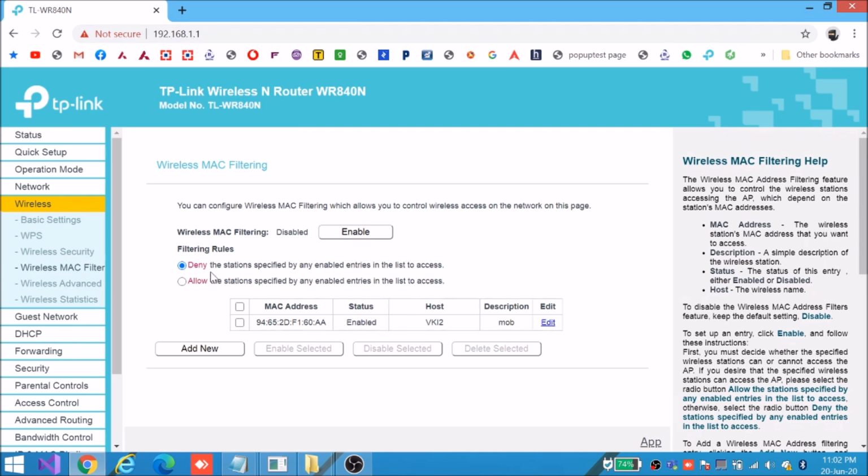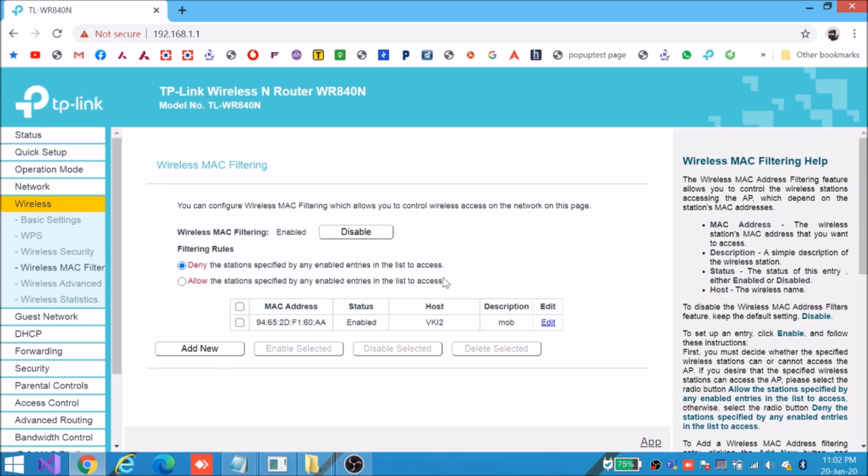Now I'm going to click on the enable button. Currently it is disabled. Now the option is enabled and it is saying the filtering rule as deny. So this is going to deny this device.